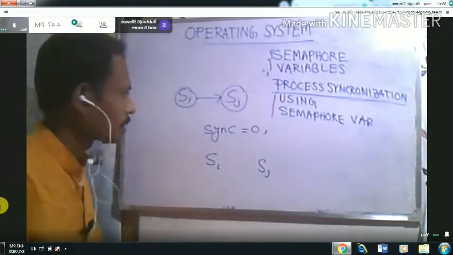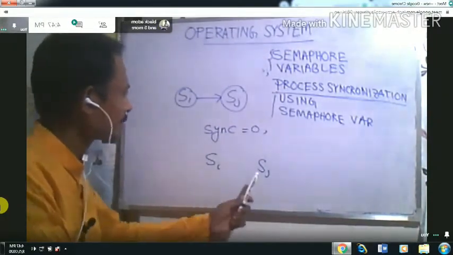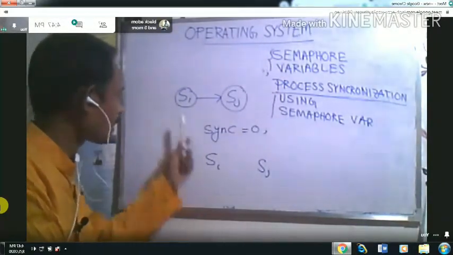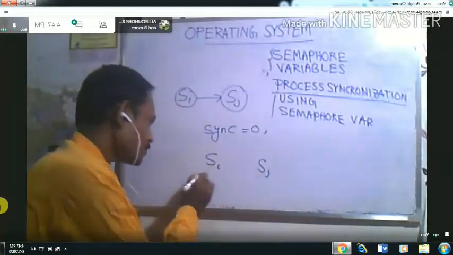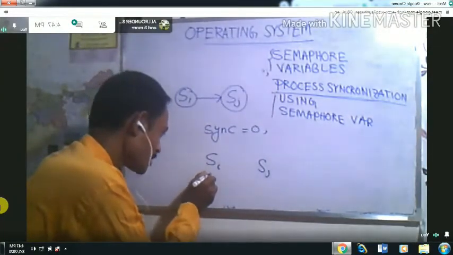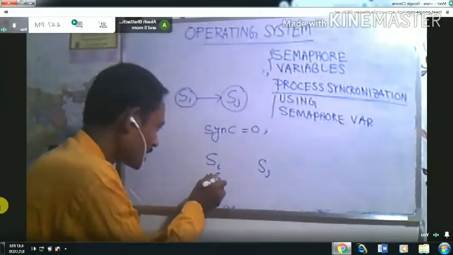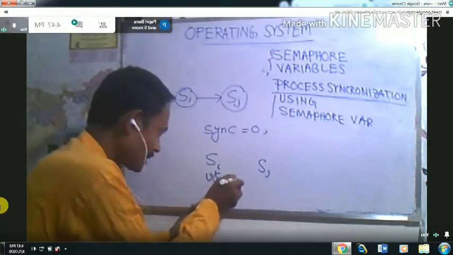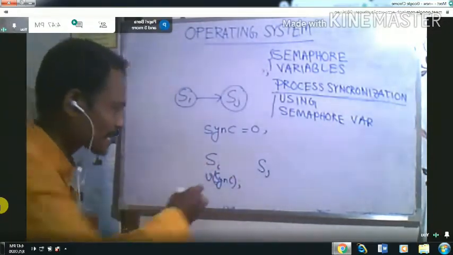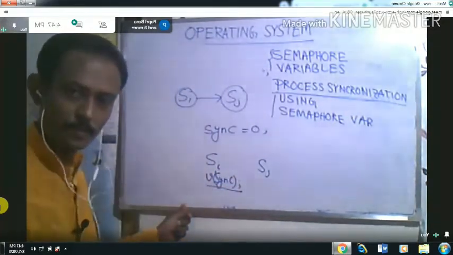Suppose after executing SI, SJ will happen. Suppose this process calls the V operation on semaphore sync. So what is the V sync operation?